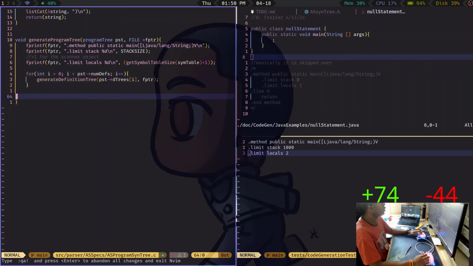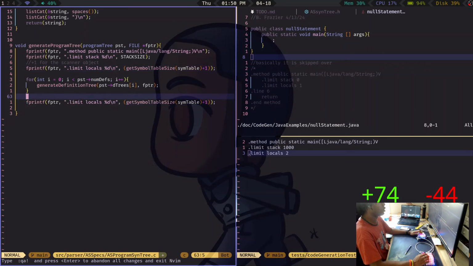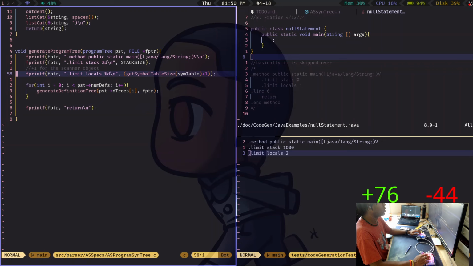And then we return out of this, and then we dot end method content and dot end method.